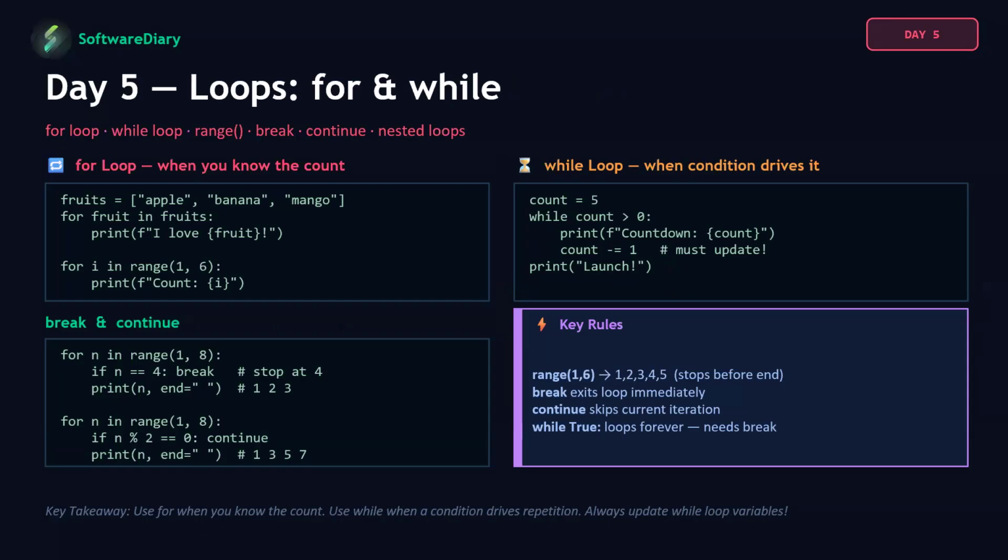So a few examples I've taken. If you want to display a range of elements, that also you can do. If you see this example, for n in range 1 to 8, what is happening is the first one is inclusive and the last value you're using is exclusive. So remember that. And if n is equal to 4, you know, right?